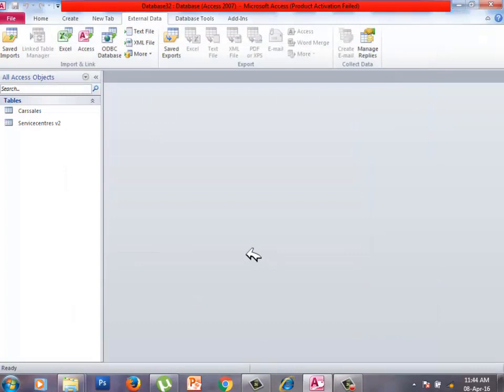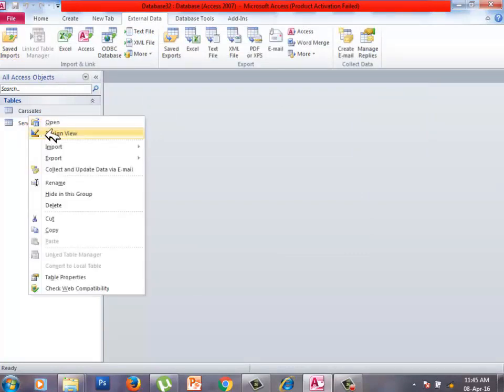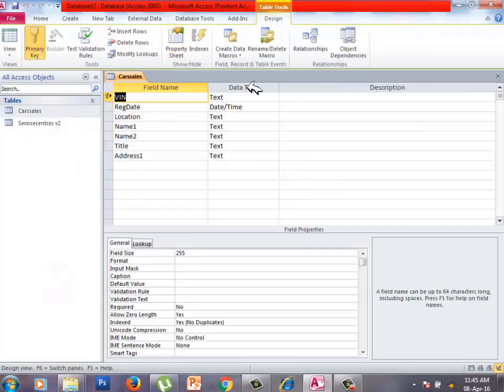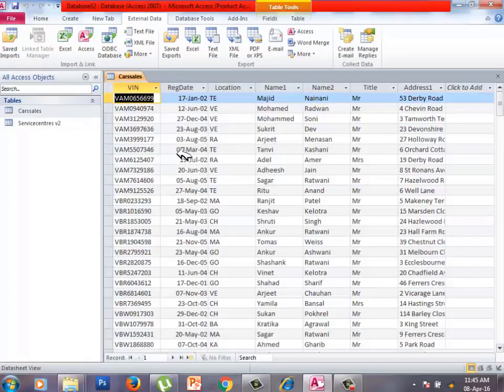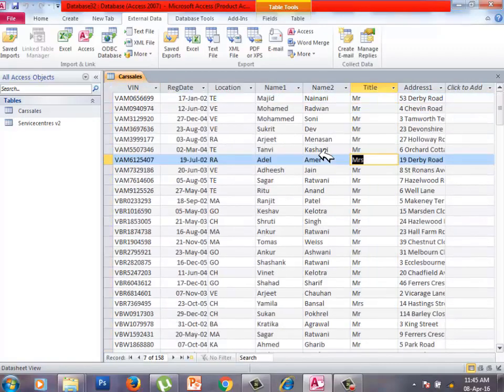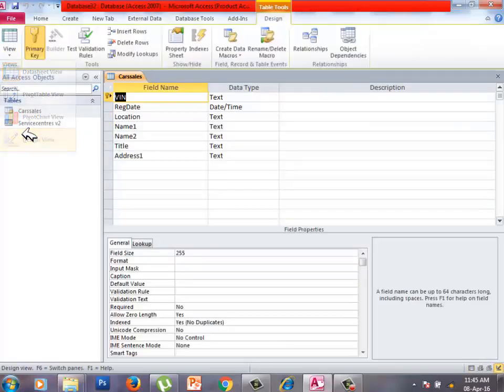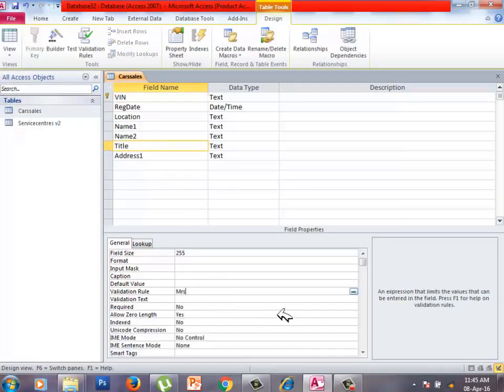Once you have imported your data, you have to give a screenshot showing these are the data types and these are the field names used. But afterwards, the examiner might ask you to validate some of them. For example, the examiner might say validate your title so that it will accept MRS or MR only. So all you do is go to view, come into title, and within the validation rule, you write is this or this. And in the text you will write